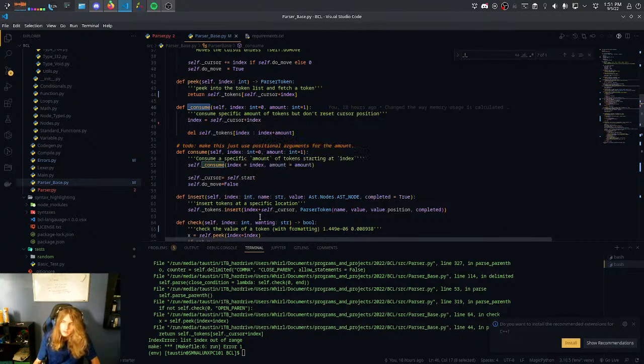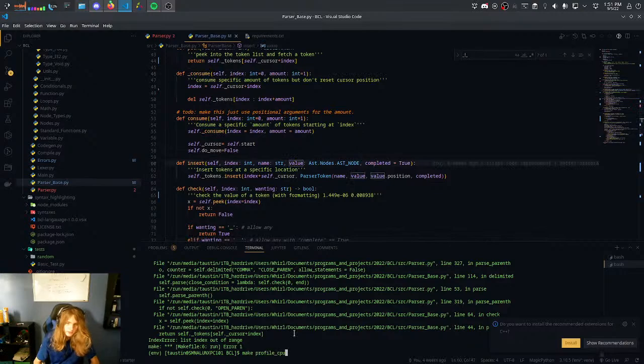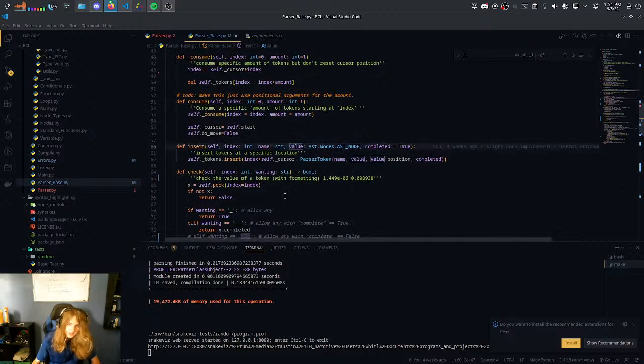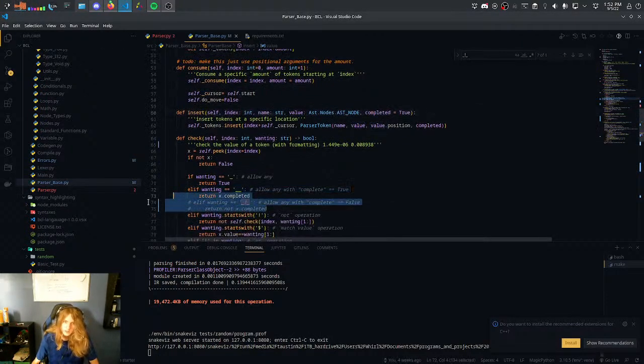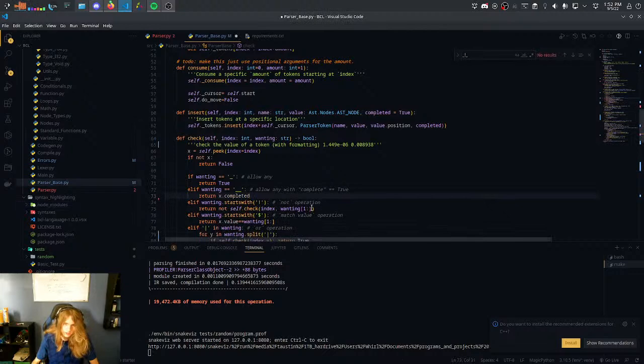It might... no, I'm not sure. So, in any case, let's make profile CPU. Let's look at our check function. And is it any faster? Not significantly. Which, I mean, that's exactly what I expected. Have one from 5 seconds ago as well. Yeah, not significant in any way. So, that's fine. It made it ever so slightly faster, not having as many if checks, but